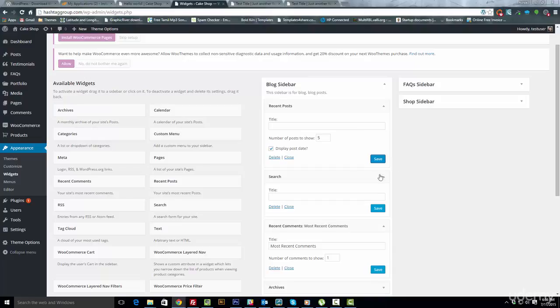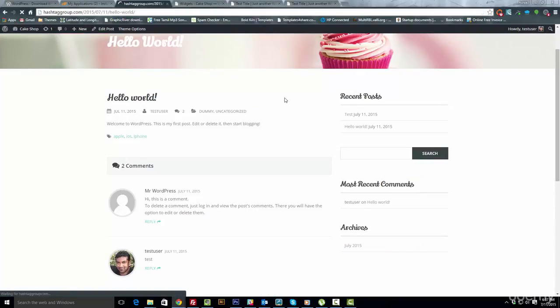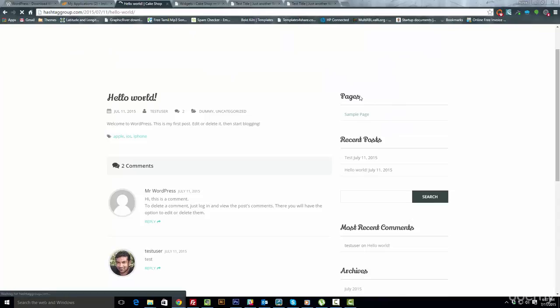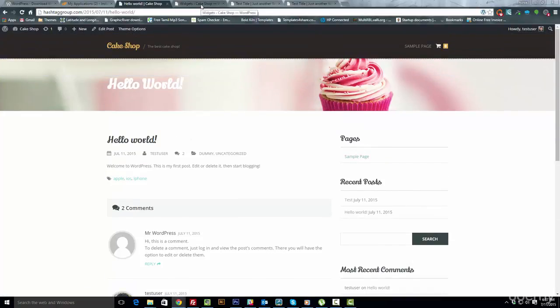Like this blog sidebar, there are additional widget areas defined by this particular theme. If I want to add a widget to this, I can just drag and drop from here. For example, if I want pages, I can drag the pages and put it here, and now the pages section will display in my blog page. I'll see the pages as an additional widget entry with the sample page. Widgets are very useful when it comes to displaying a website. They're pretty lightweight, and you can place them in the widget area defined by